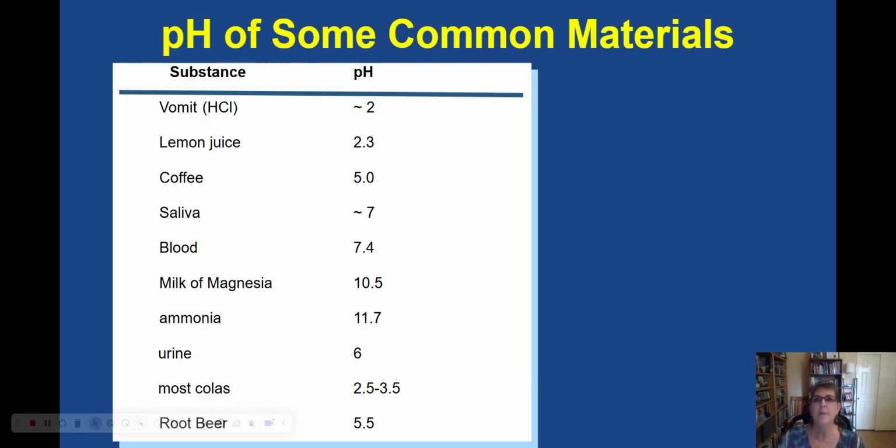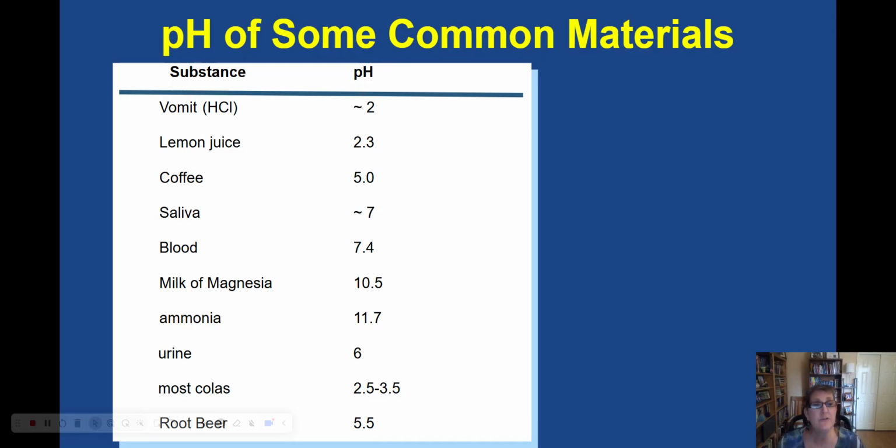This is just for fun. pH is uncommon in materials. Vomit. Vomit has a pH around 1 to 2. It's really quite acidic. The acid in our stomach is hydrochloric acid. So it really burns your esophagus when you vomit, and it gets on your teeth, and it can erode the enamel on your teeth. So rinse your mouth out after you vomit. Of course, you don't want that taste in your mouth anyway. So yeah, rinse your mouth out with water.